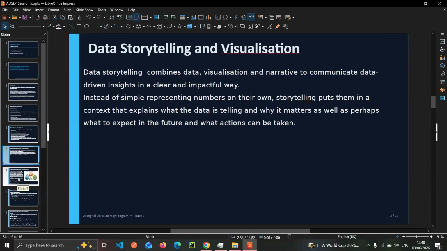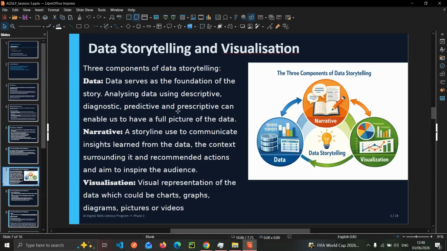The three terms: data, visualization, narrative. And in order to develop a good story for a specific data, three components are required, and these components are the narrative itself, as we saw, data, and the visualization.